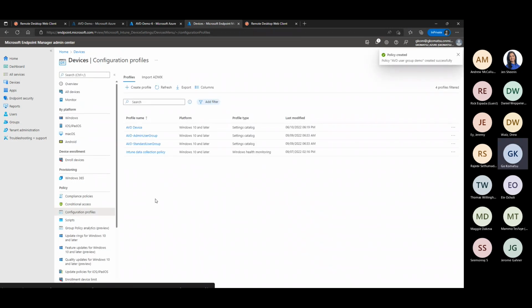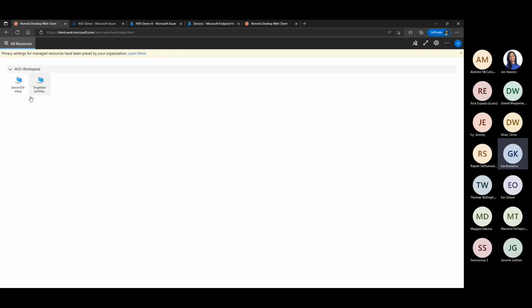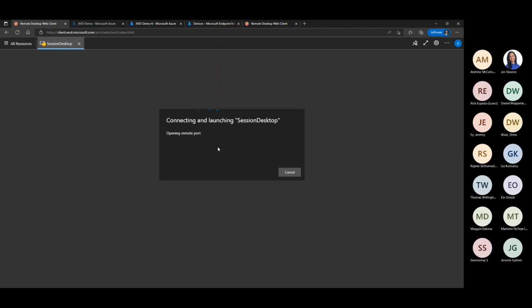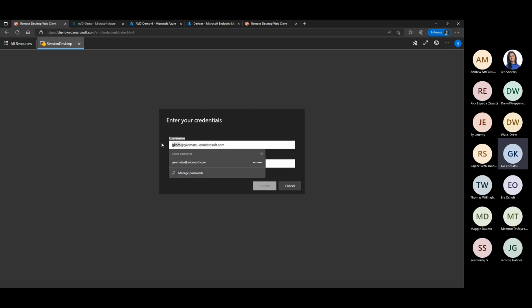And once these policy profiles are created, when the user signs in to the session host VM, that will initiate a sync with Intune, and then the profile will be assigned at that point. So let's move to the actual user experience. So I'm gonna sign in here. And as a standard user,